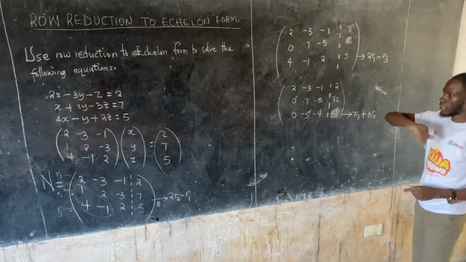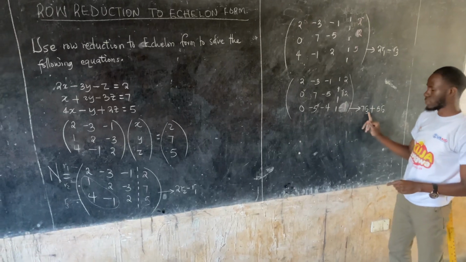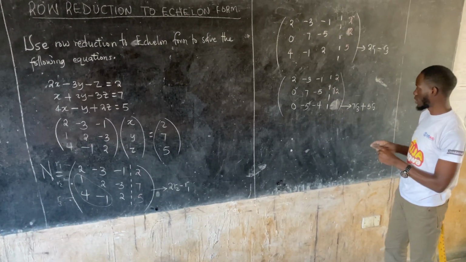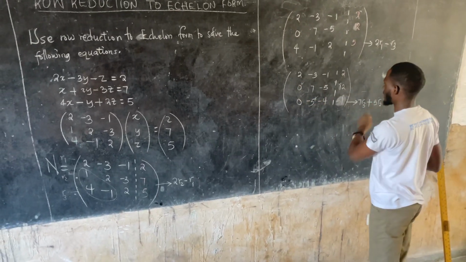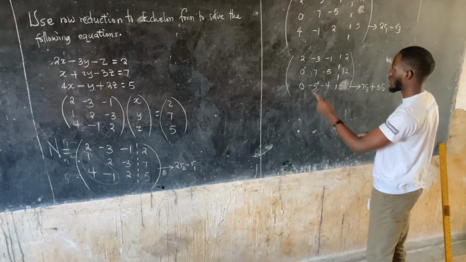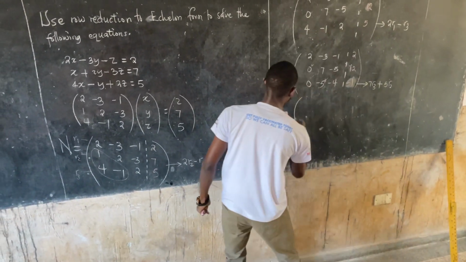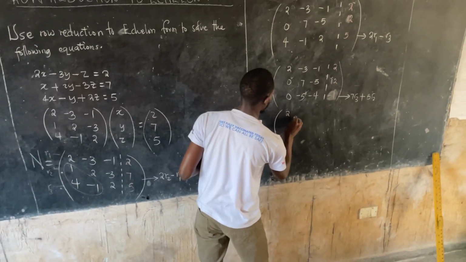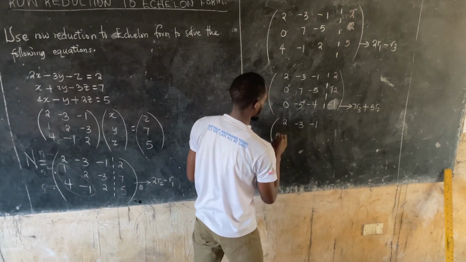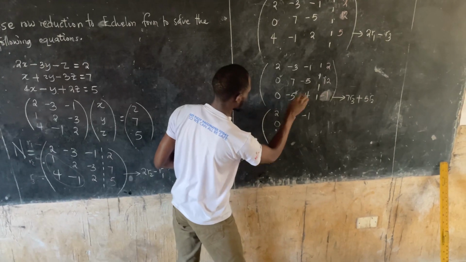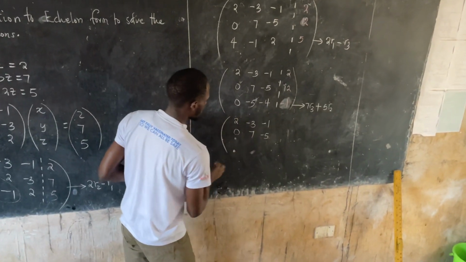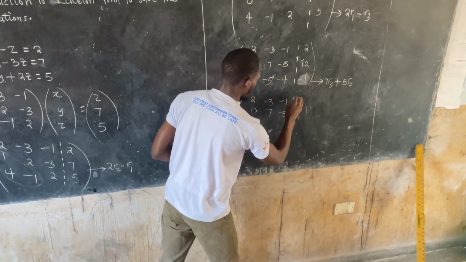So you find that in the last one, I'm having row 1, row 3. This is when row 3 and row 1 together in the last one. So this remains the same, this remains the same, then this one is going to change a little bit. And what shall it be? It is going to be 2, -3, -1. Then we have this remaining the same, 7, -5. Then these are being separated